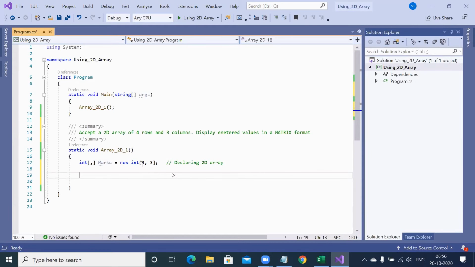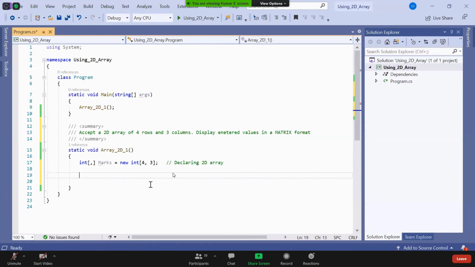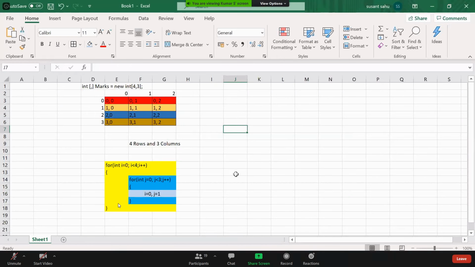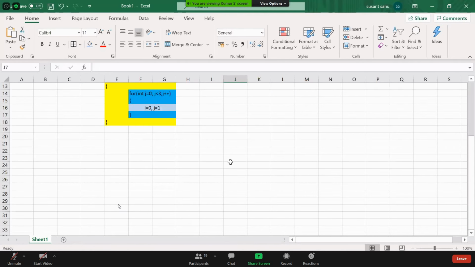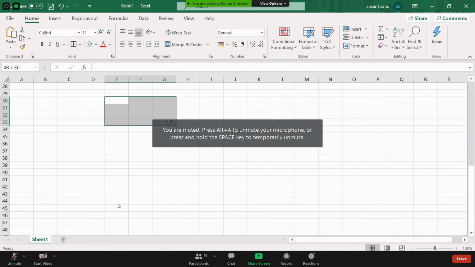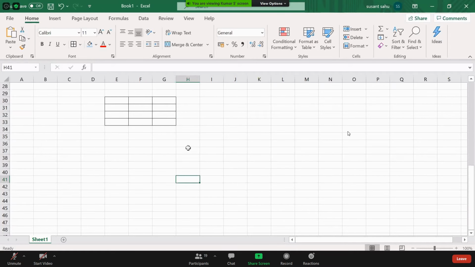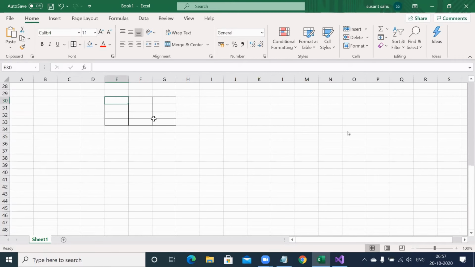It will allocate 12 into 4 bytes of memory space because each integer is 4 bytes. And not only that, it will allocate memory as well as give each cell 0, 0, 0, 0. That means as of now, this is ready, 4 rows, 3 columns. I declared it, but I have not yet entered the value. That means all will be 0, 0, 0, 0. This is called value.